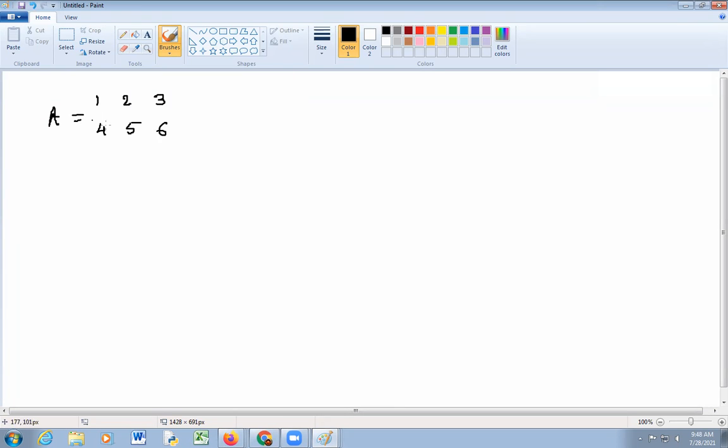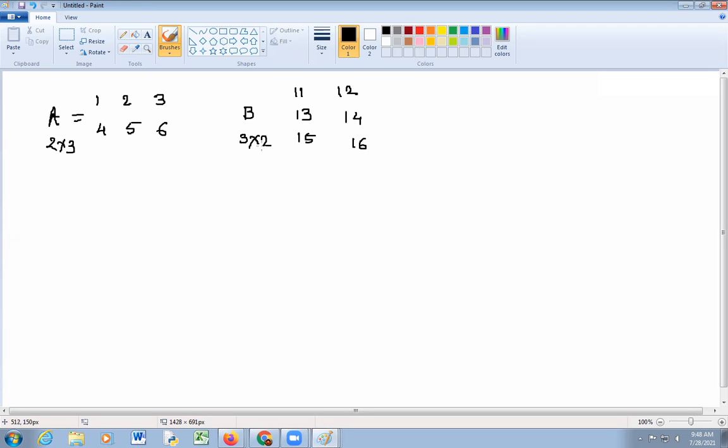And this is matrix B: 11, 12, 13, 14, 15, 16. Matrix A has a size of 2 by 3, and matrix B has a size of 3 by 2.